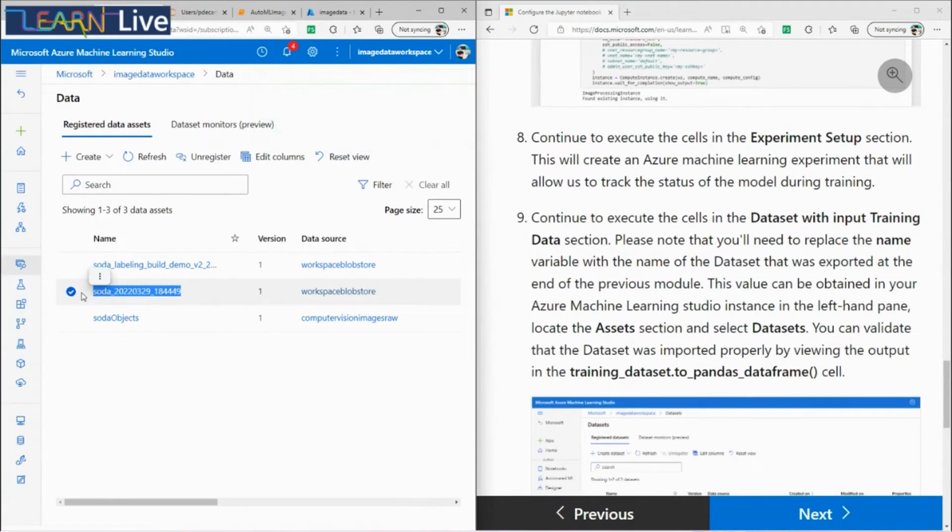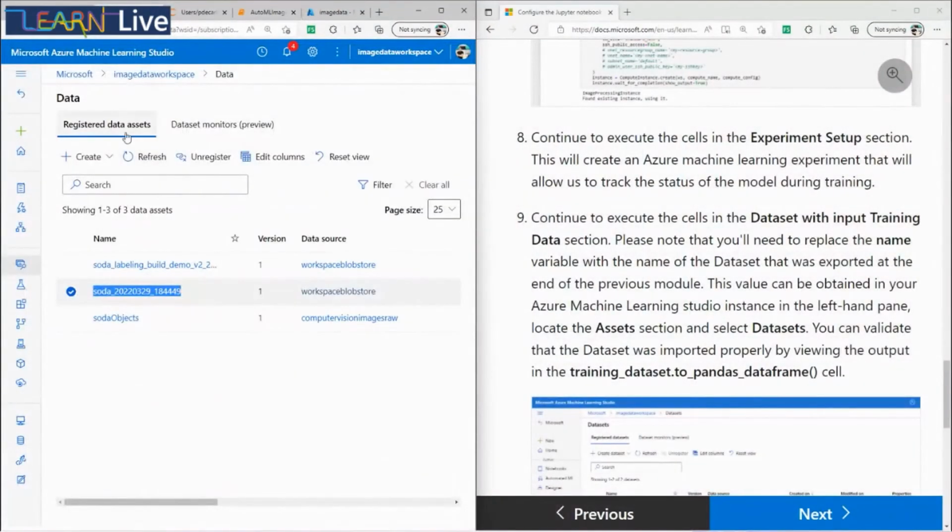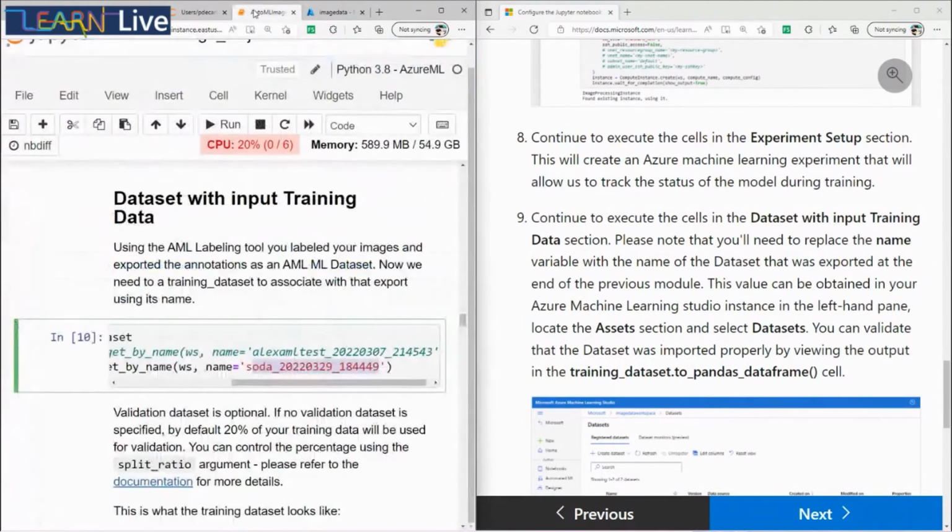Now, earlier, we created a set that had 10 labeled images. I'm going to choose this one because it's got 50 labeled images, and that's going to give us a better quality model. While I didn't have to take the time to train that in front of everyone, I'm going to use that here. And that's exactly where I got that name from. You'll see here under my registered data sets, we choose SOTA, the middle one here, and provide that as the